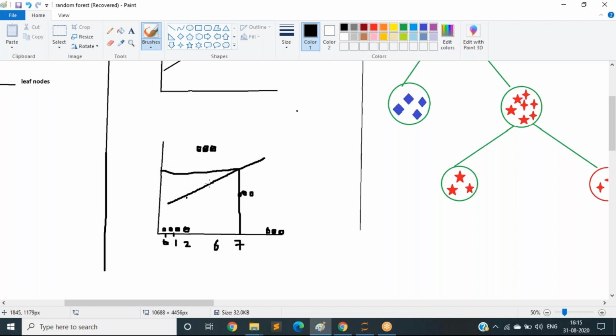Based on this line. But the actual data point is falling under this category. There is a lot of difference here, right? My predicted value will not be that accurate when I apply the normal regression that you have learned.